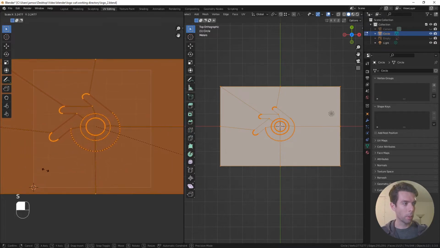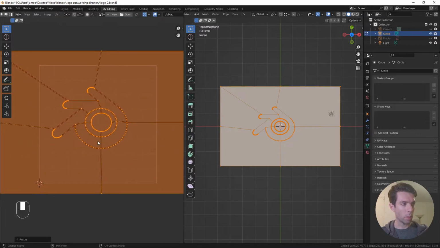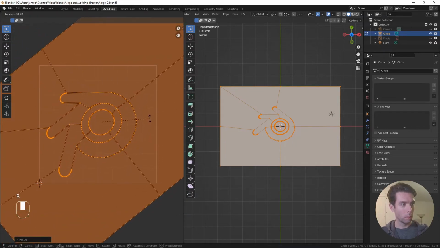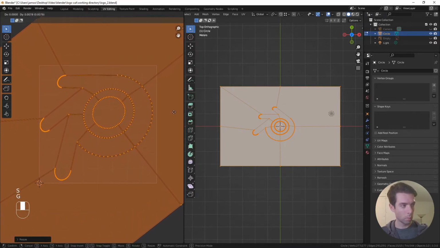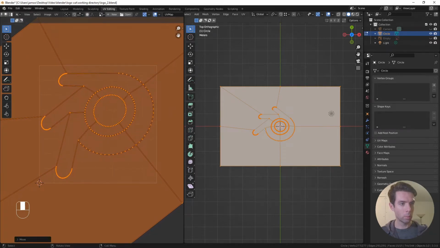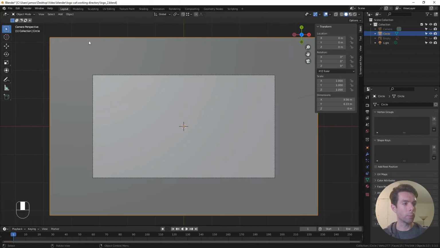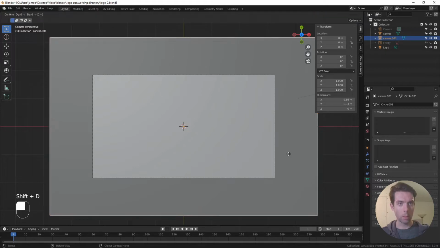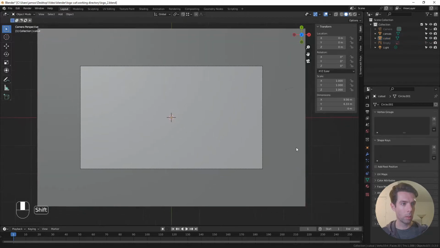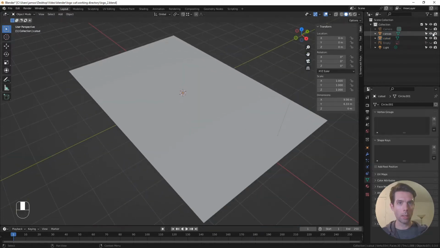And I want to scale this up so that just the logo is taking up as much of this UV space as possible. And we can go back to the layout, and I'm going to rename our original shape to canvas. Then we can just duplicate that, right click and leave it where it is. I'm going to rename this to Cutout. You can hide the canvas